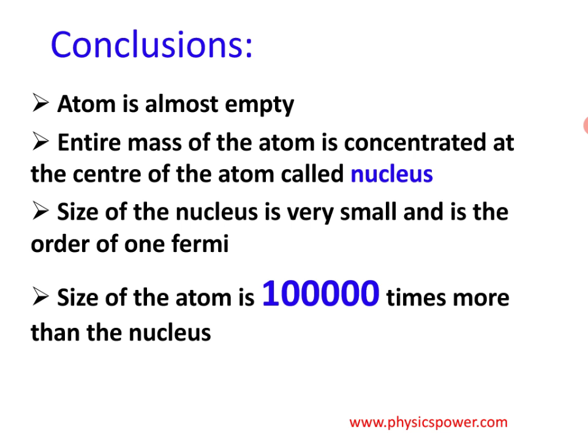The major one: he observed alpha particles crossing the gold foil and reaching the screen. That means there is no obstruction. So he concluded the atom is almost empty. Sorry, not that nothing is there, but only something is there, and that is why we observe a little bit of scattering sometimes, but most of the alpha particles cross the gold foil and reach the ZnS screen. That is the first conclusion.